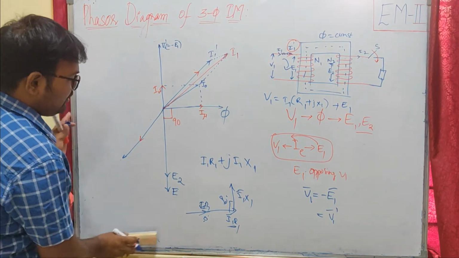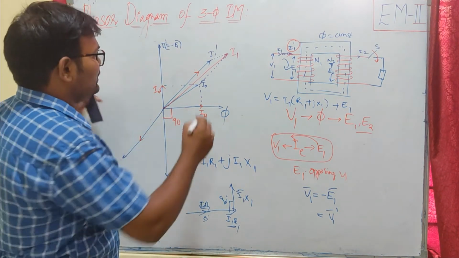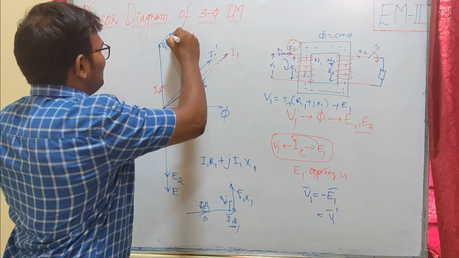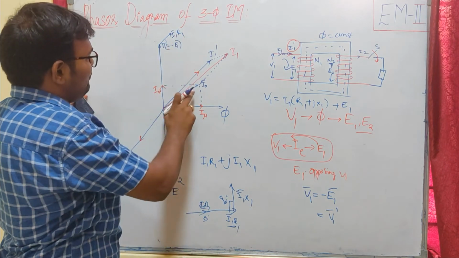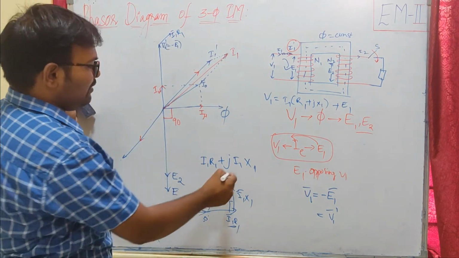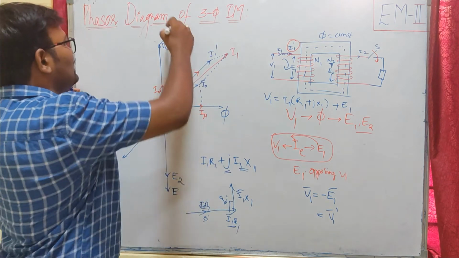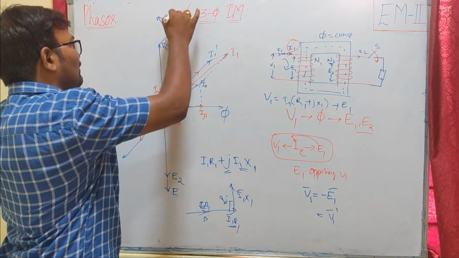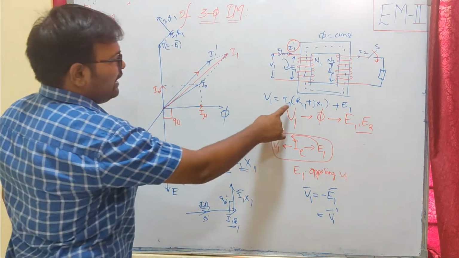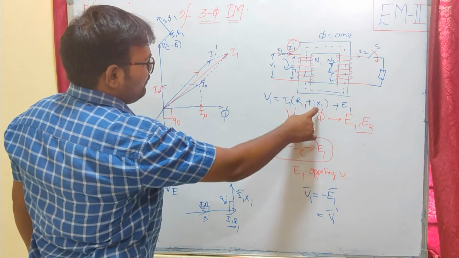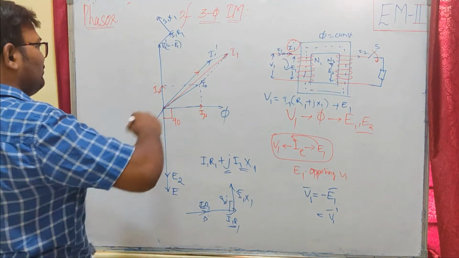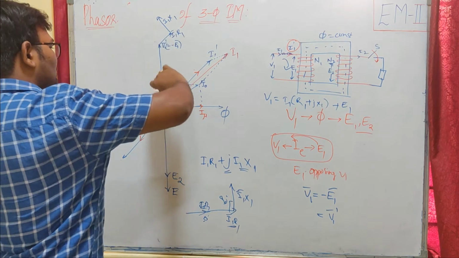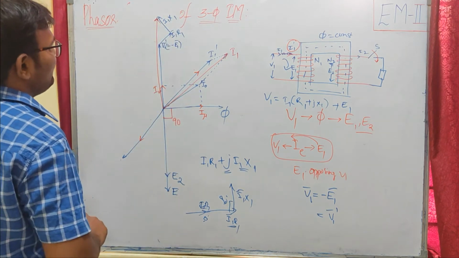Here I am going to draw the phasor for I1 R1, which is parallel with I1. This is my I1 R1. The I1 R1 drop will be parallel with I1. So what will be I1 X1? It is 90 degrees away. This is my I1 X1. So V1 will be I1 R1 plus I1 into jX1 plus E1. This is E1, this is I1 R1, this is I1 X1, and the whole sum will be our V1.